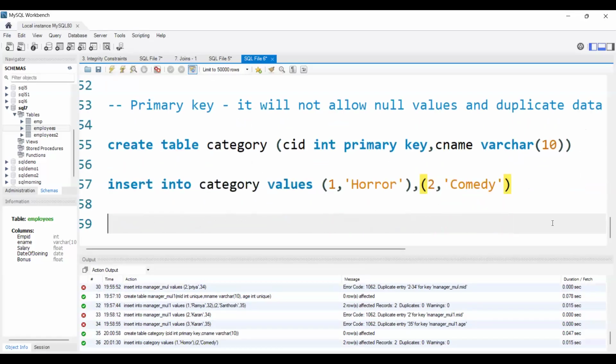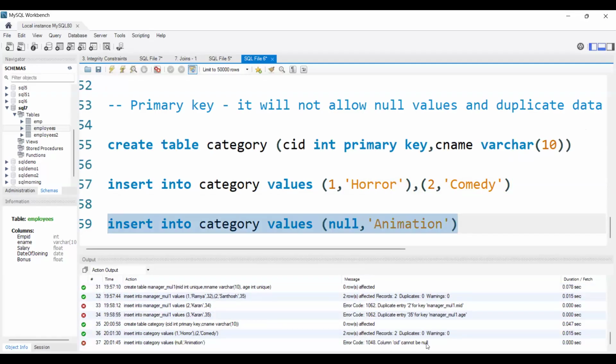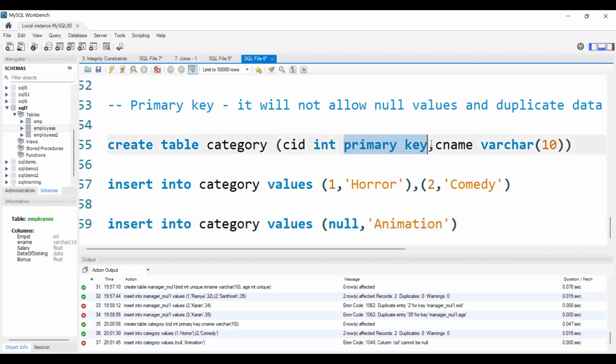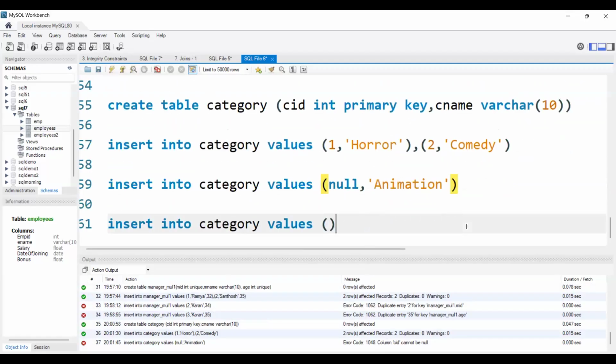Okay, and if I enter null values, it will not accept. If I give cid as null, and I'm trying to give any category, it will not accept. It will throw me an error stating column cid cannot be null, because I already defined primary key. In the same way, if I am trying to use 2 once again and I'm trying to give any